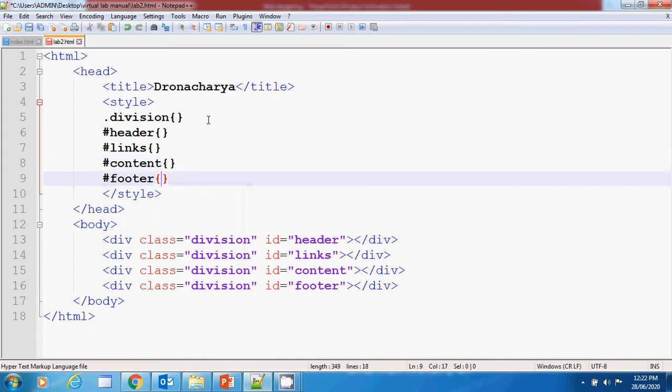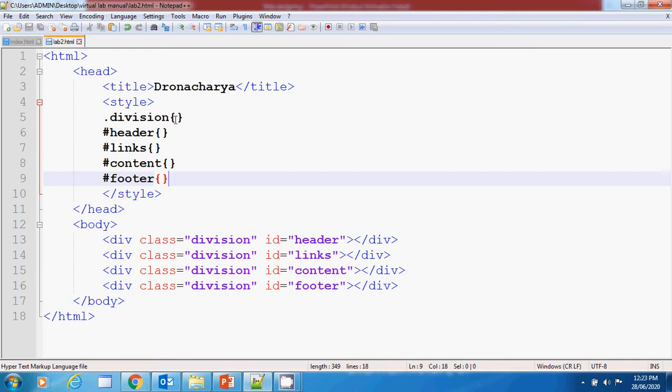So always keep in mind one thing: don't repeat unnecessary code. Means if you are giving width, then you can give width to the division section only, instead of giving different widths to header, links, content, and footer. Avoid unnecessary repetition of code, right?